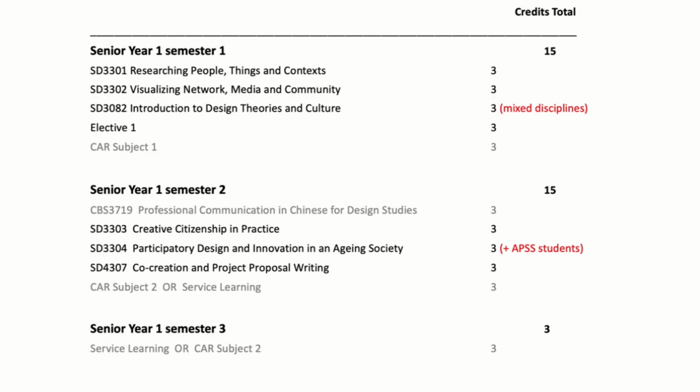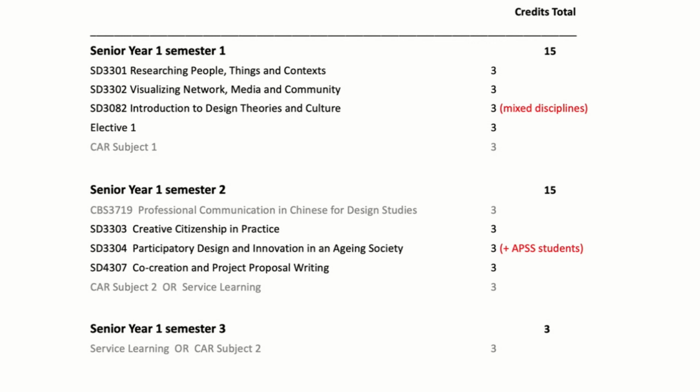So we think that, okay, each semester you will have to study like 15 credits, okay? And for year 1, semester 2, you also have to do some Chinese language classes, like professional communication in Chinese and design studies, and also the class Creative Citizenship in Practice, which I already showed you some of the pictures,